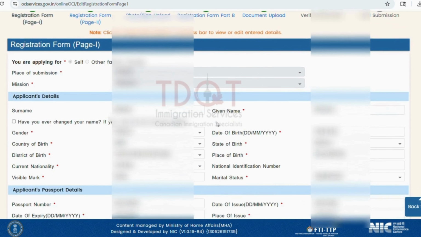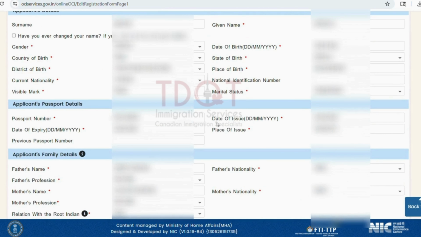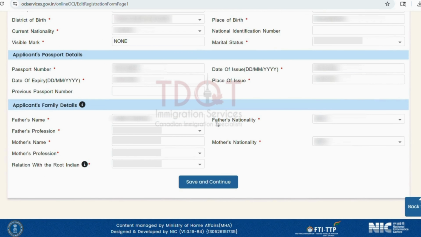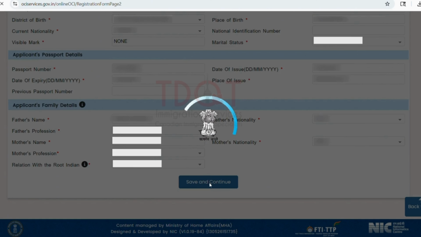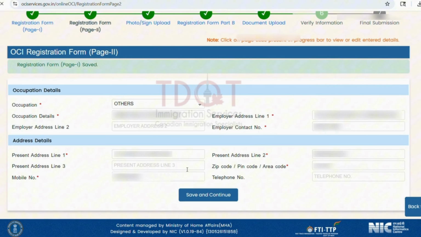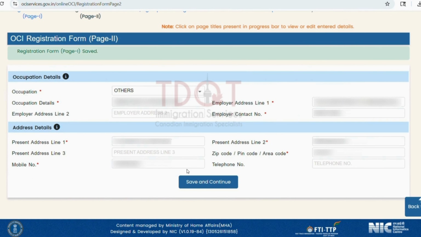In part 1, you will have to add your details. You need to choose the place of submission and region. Add your Canadian passport details and applicant family details. Then you need to save and continue. And then in the second part, you will get to